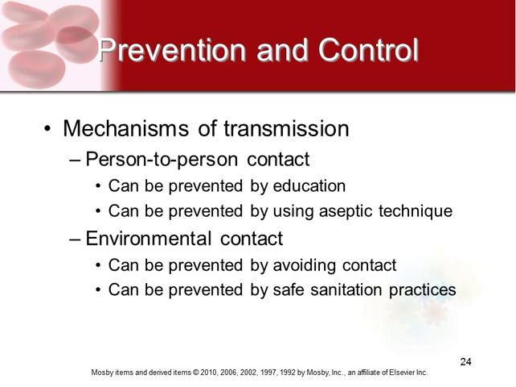So for some mechanisms of transmission, since we were just talking about vectors, there's person-to-person contact, and that can be prevented a lot by education and just using an aseptic technique. Person-to-person contact means I can carry a bacteria on my hands, and if I touch you, I might spread it to you. Or if you touch me and you have it on your hands, then you can spread it to me. Or if you cough and your sputum gets directly on me, that kind of stuff. That's why there's a lot of push for hand washing and covering your mouth and nose when you sneeze. It's because that's minimizing that person-to-person contact transmission.